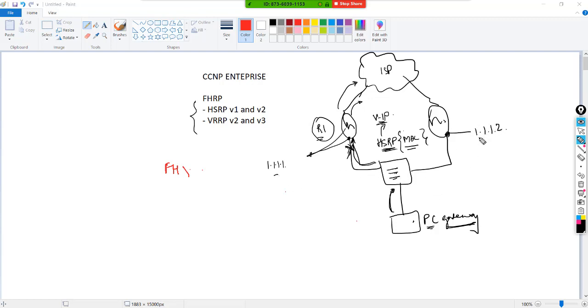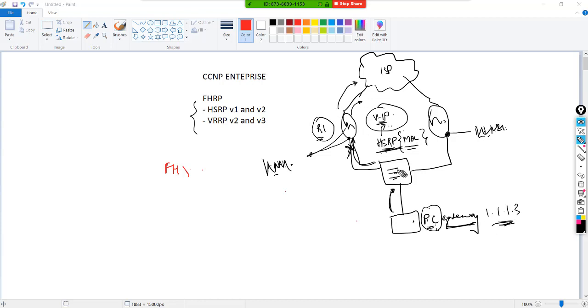Now this used to be the gateway for a computer. But once you bring up HSRP, you're no longer going to use your physical interface, you're going to use your virtual IP. Let's say now the gateway becomes 1.1.1.3, which is neither this interface nor this interface.